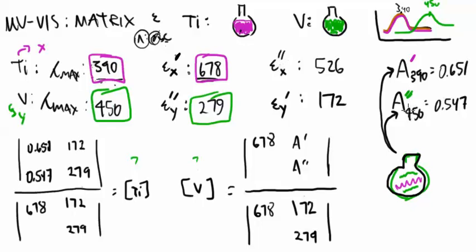Double prime is at 450, that's vanadium. So 526 is that number. 526 goes here, there, and there. Now all of the numbers are listed in the matrices. I just have to figure out how to solve for the matrices, and that's what we'll do in the next